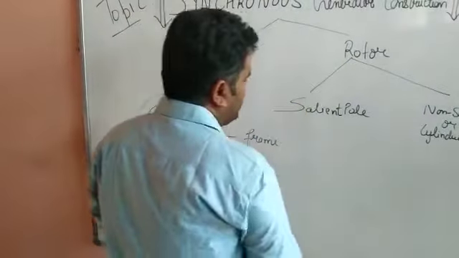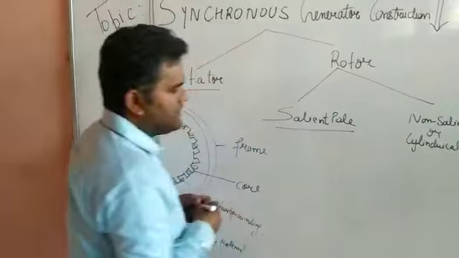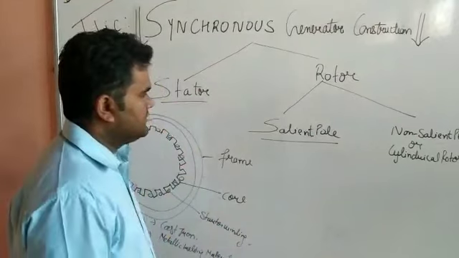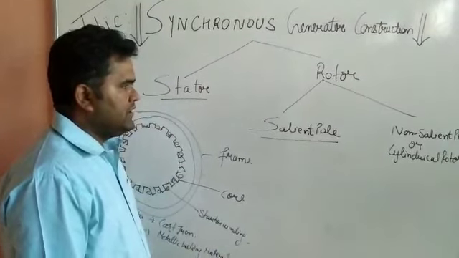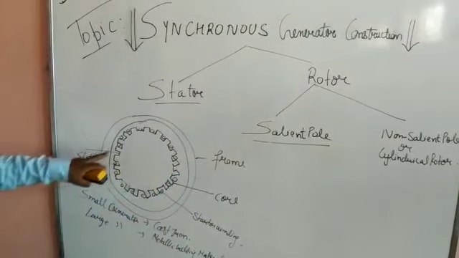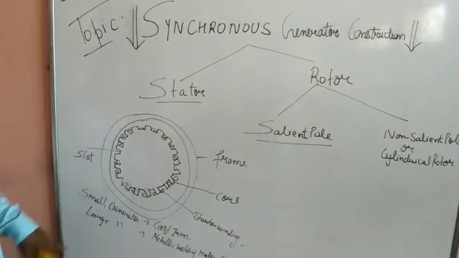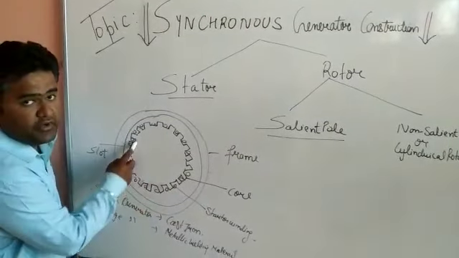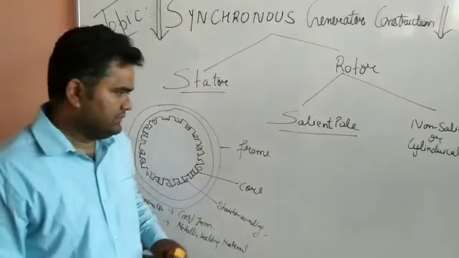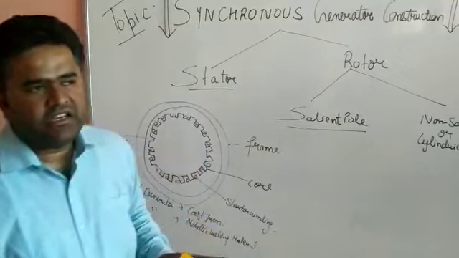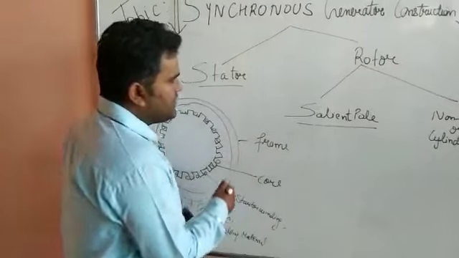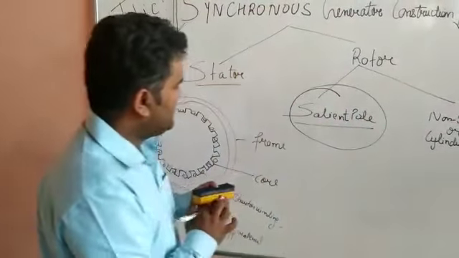Okay, now talk about the rotor. First of all I will be discussing the salient pole rotor. Now before discussing the salient pole, as you know, this armature winding is distributed in nature, and we can also do the lamination. Why is the lamination on the stator part done? It can reduce the eddy currents as well as hysteresis loss. Now we'll start with the salient pole type.